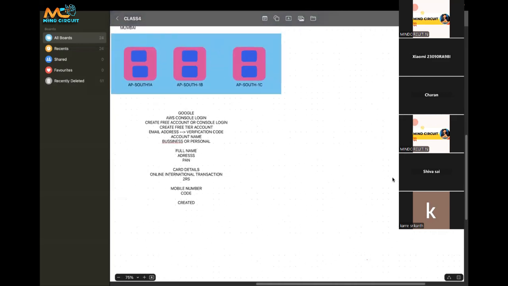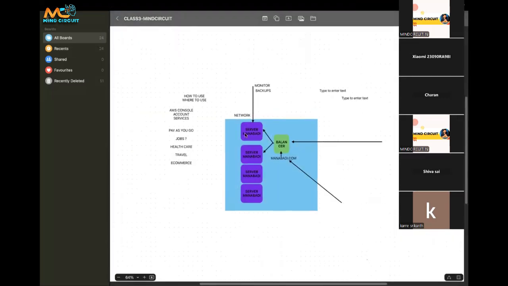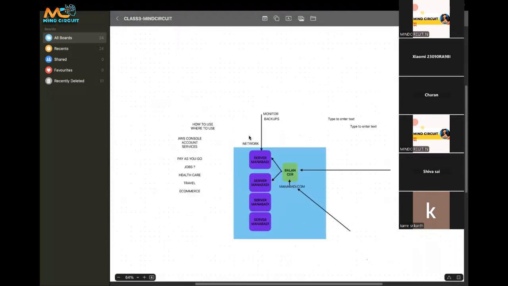Done. So now, in our previous session, we saw what a virtual machine is. Let's try to create this virtual machine in our AWS account now. Yesterday, when I gave you the manabadi.com example,